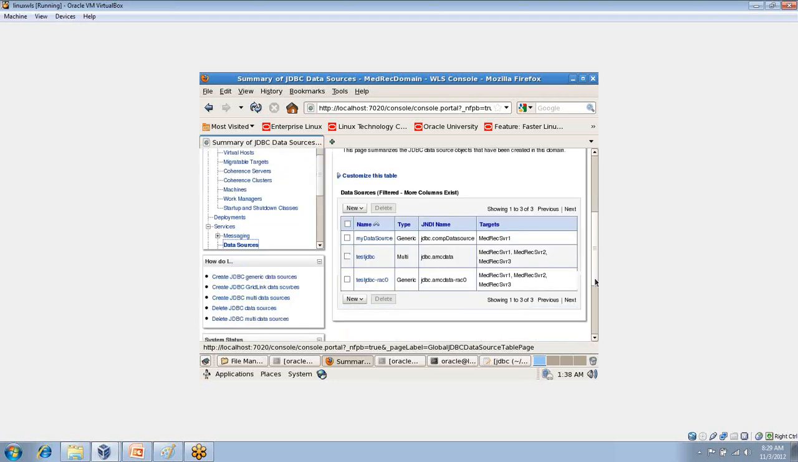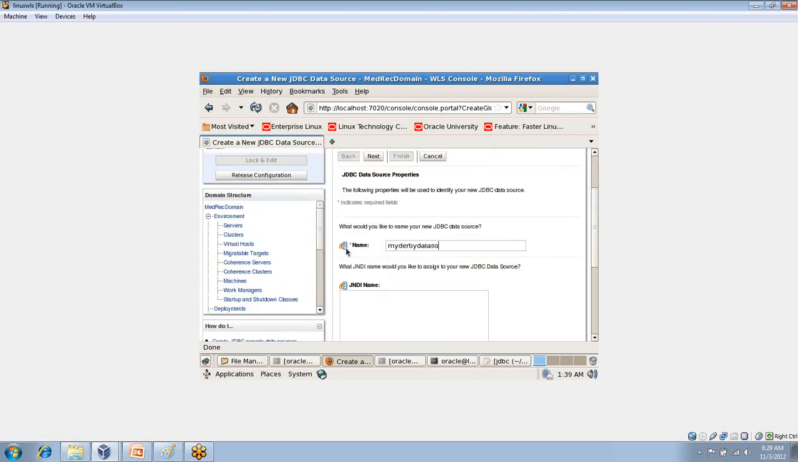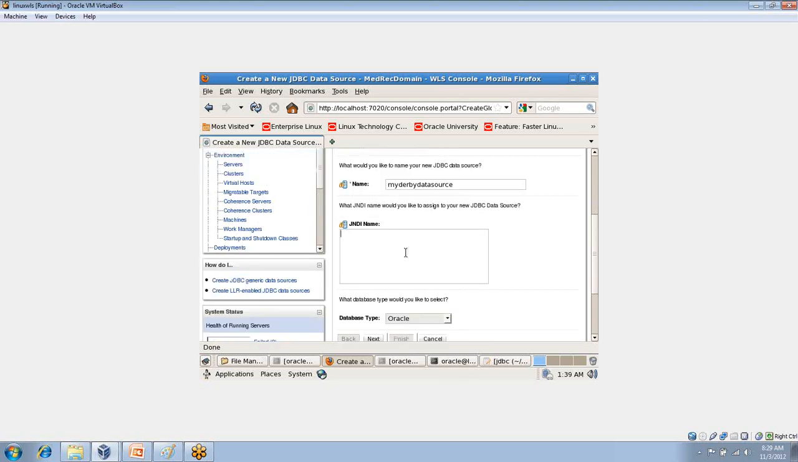So say generic data source, and then it is asking for the name of the data source. So I say like my Derby data source, some name I can give, and then it needs a JNDI name. A JNDI name is required because the application will do the lookup through this JNDI name. So I give it some name like JDBC dot and then some name, say my Derby or something over here,